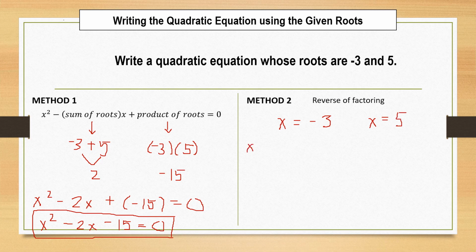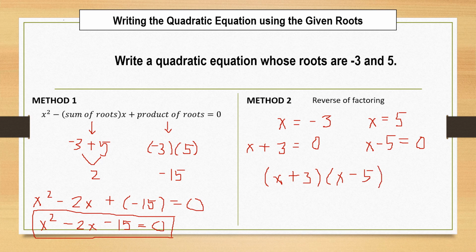Therefore, x plus 3 is equal to 0, and x minus 5 is equal to 0. Quantity x plus 3 times quantity x minus 5